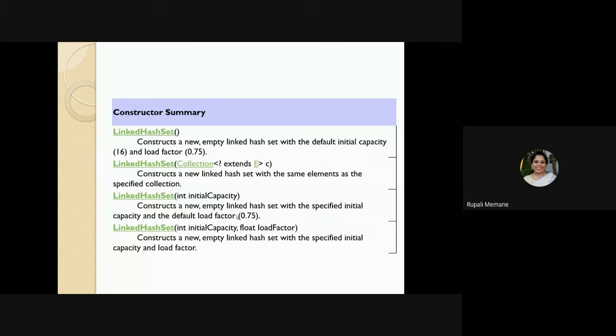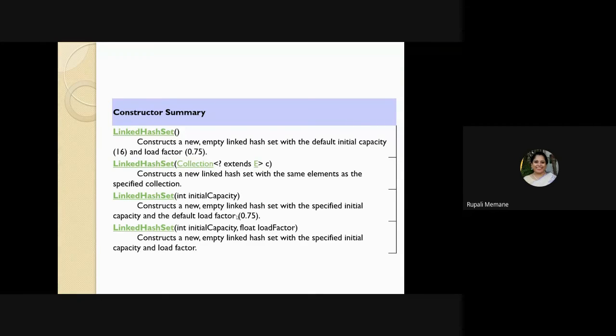Similarly, I can create another constructor, LinkedHashSet with a collection. I can take a collection and create the linked hash set from it. Then the third constructor, LinkedHashSet with the initial capacity, I can give the initial capacity, and then the default load factor is 0.75. I think we have done an example on vector where we had kept the initial capacity of 2, and at runtime the vector size increased when we inserted elements in that.